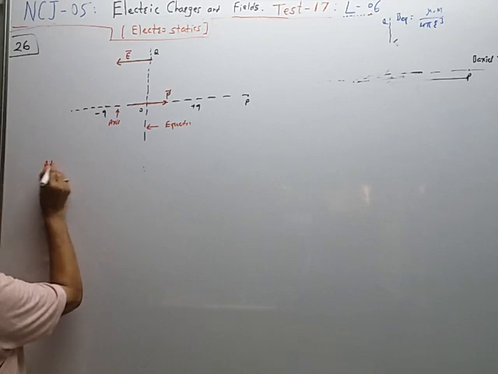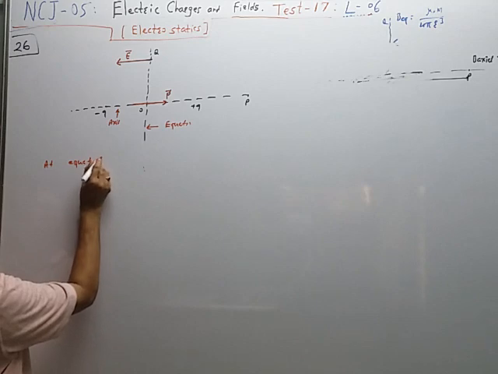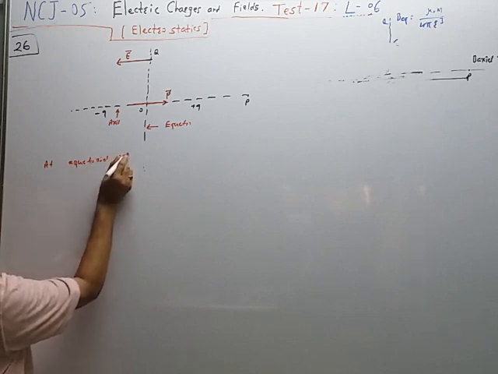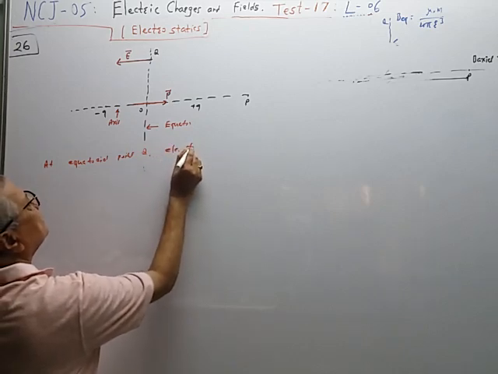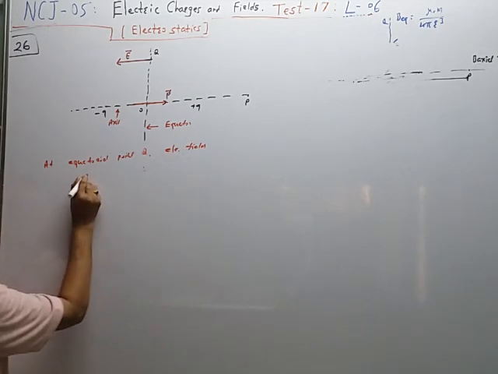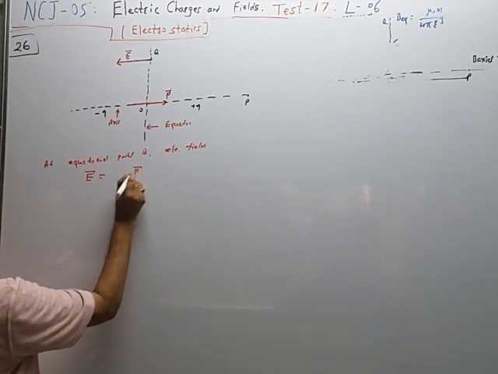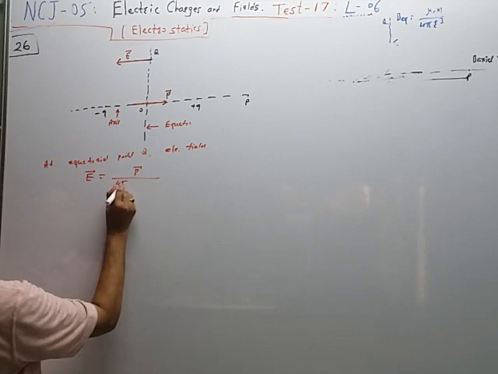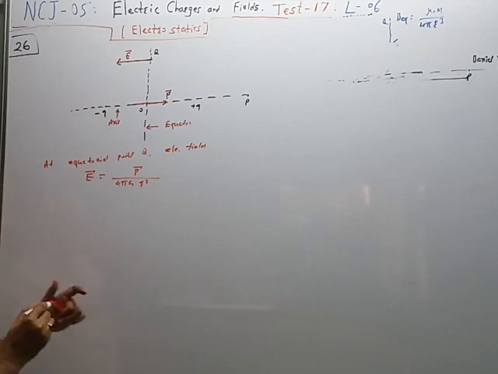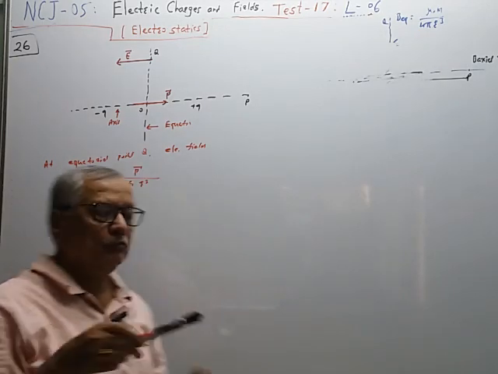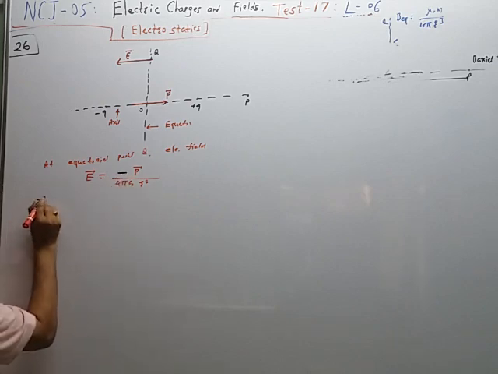At equatorial point Q, electric field vector E is equal to vector P upon 4 pi epsilon naught r cube with minus sign. Minus sign